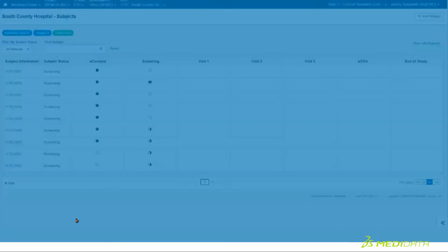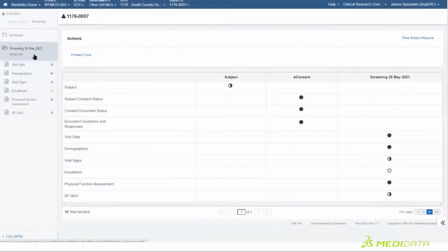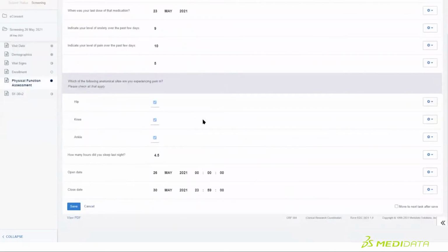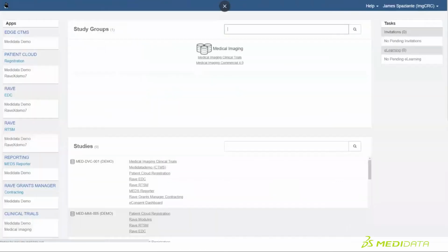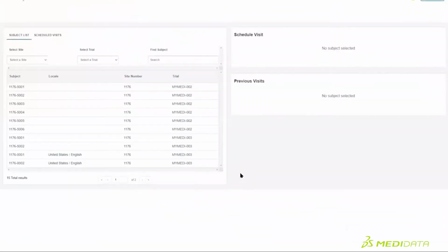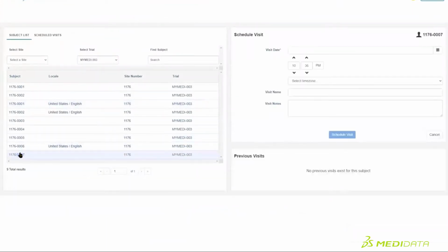And again, on the site side of all of this, because the data are shared immediately with Rave, you're able, as a clinician or a clinician team, to see these same data fields filled out in a Rave form. Here you can see the physical function assessment for this date for this patient and all the scores that the patient provided. What this particular physician is going to flag is that rating of 10 on the pain scale. And the demo that we're showing here is the capability that the physician then has to go in and generate pretty much an immediate My Medidata Live video visit with that patient to be able to discuss this score.